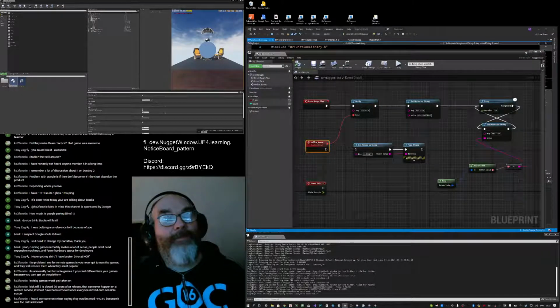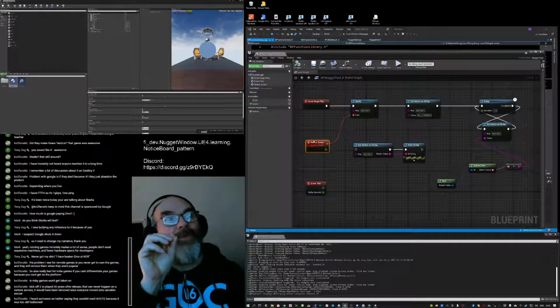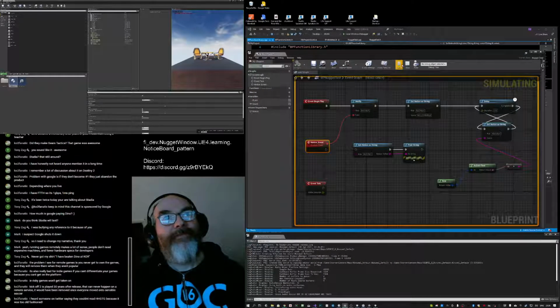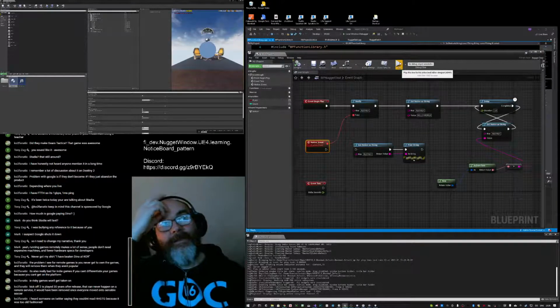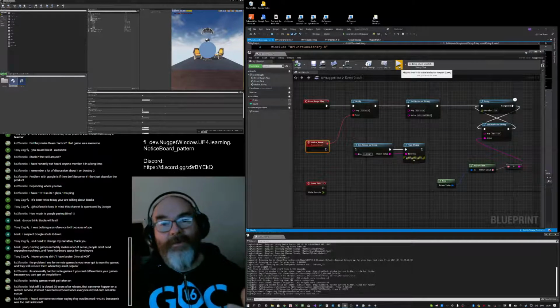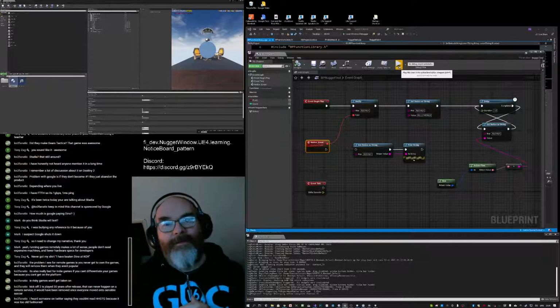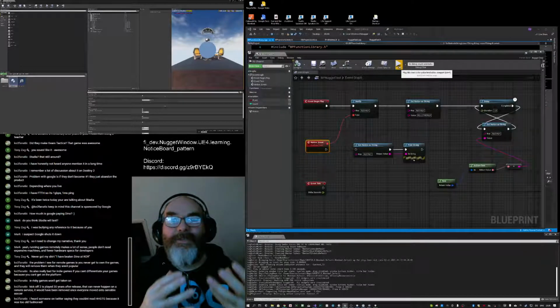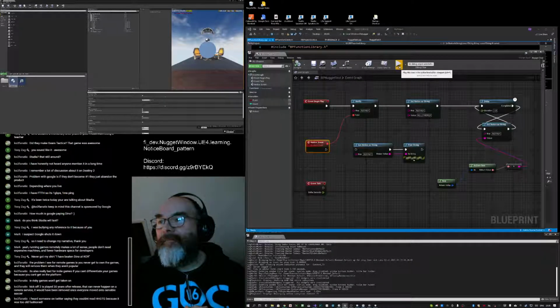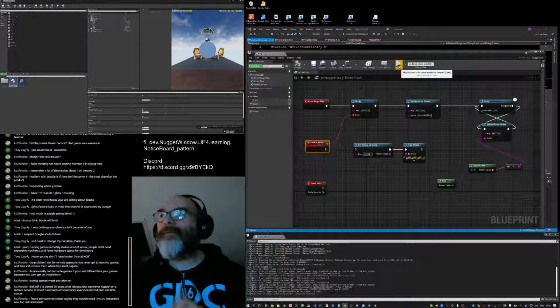So in order to fix the problem, what I have to do is to make sure that upon play, the notice board is cleared or reset every time I hit play, which means I now have to go and find some kind of hook in the Unreal system that will allow me to reset the notice board. Go. So cool. Thank you, subconscious.